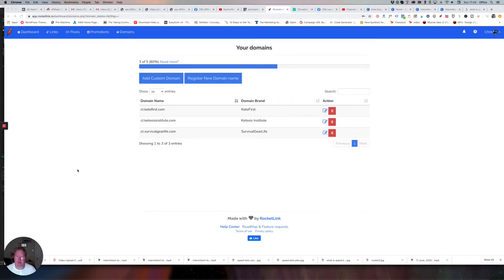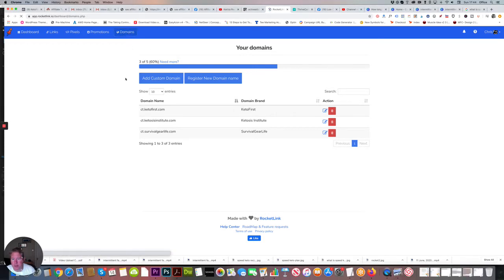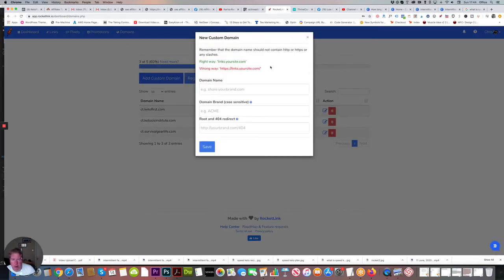All we do, in fact, is when logged in, go straight to the Domains tab, which will bring you to here. And from there, just how many domains you have, by the way, does depend on your plan. In my current plan, I'm using 3 out of 5 available. And all you do is go to Add Custom Domain, which brings up this straightforward dialog box right here. And then we enter in a domain that we're going to use. So if I type one in,